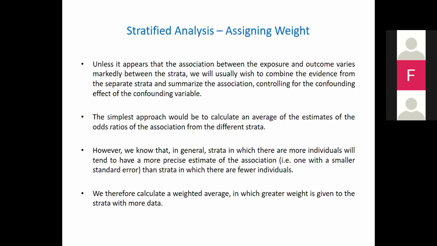If this different strata you have is defined by the third variable, each stratum will not have an equal number of subjects. So you want to have a more accurate odd ratio, and in order to do that, you have to look for a way of giving weight